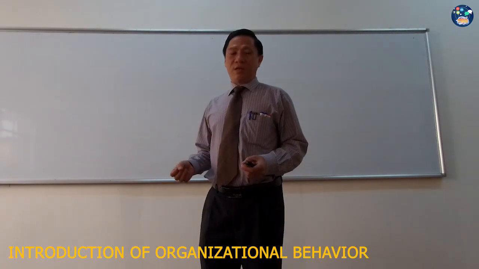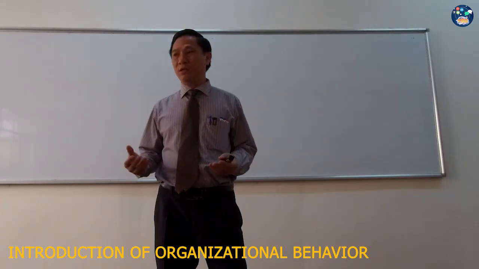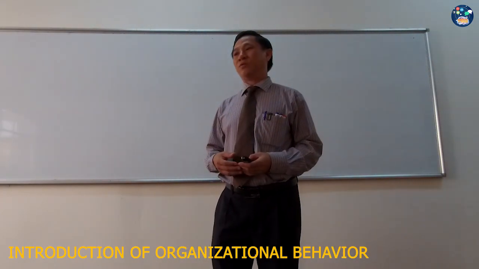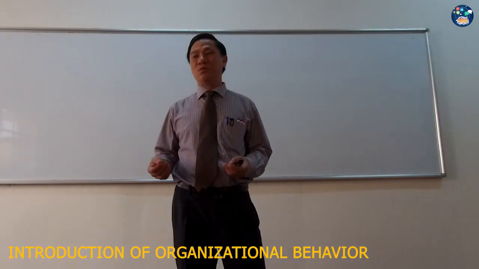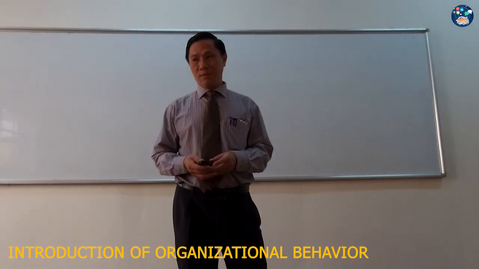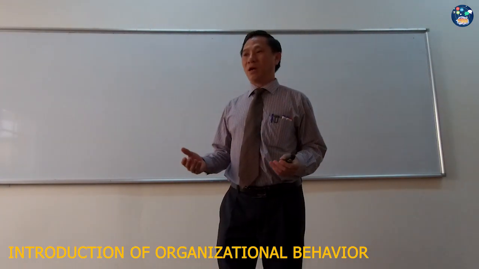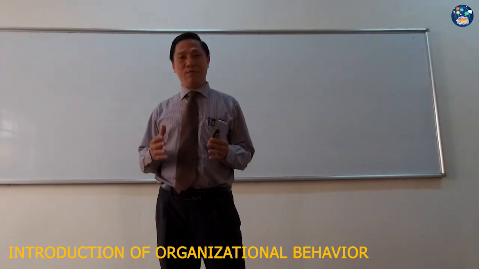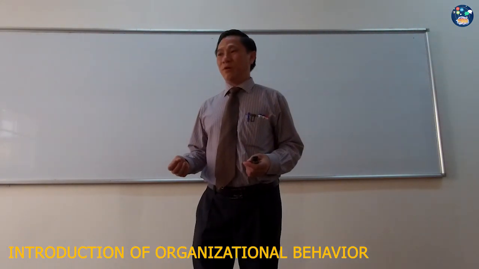The second objective is to help you understand the theories and concepts of individual, group, and organizational behavior as they apply to organized decision making. The third objective is to apply concepts and theory about individuals, style and perception to solve